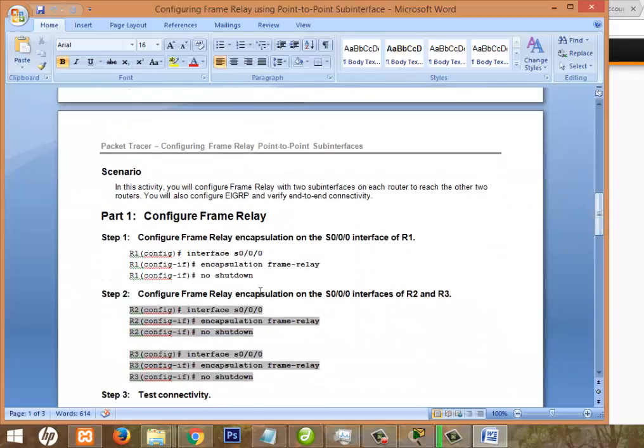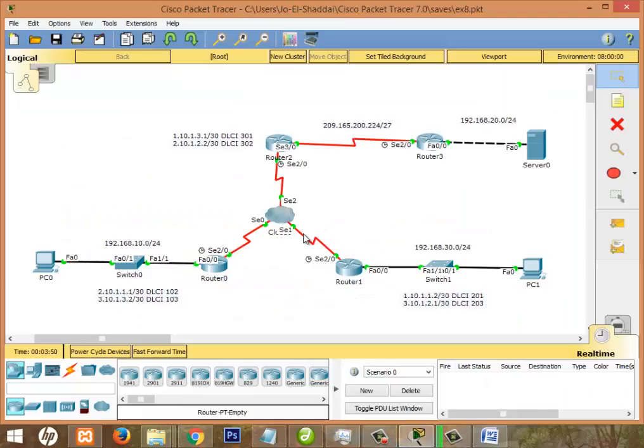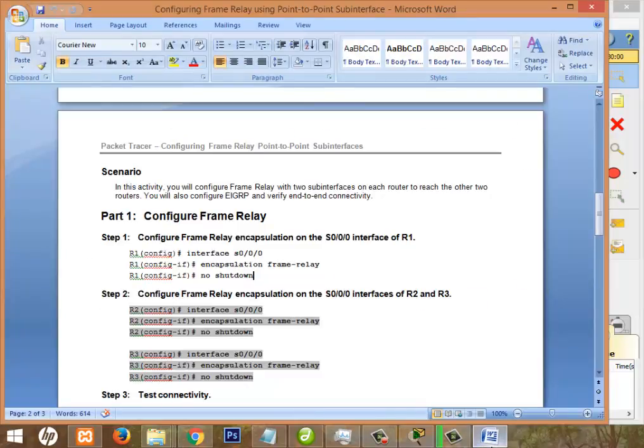So this is the command which we are going to use here. I've done each of the commands for configuring, and I've set up a simple topology here. The basic command for this experiment is that we take a particular interface on the router and type the main command, encapsulation frame relay.